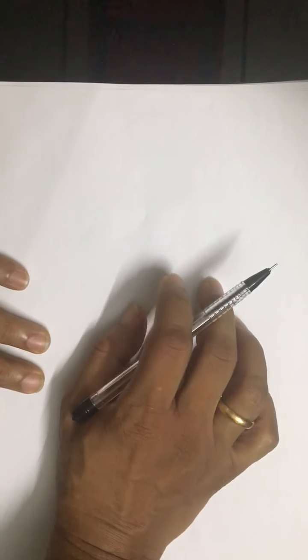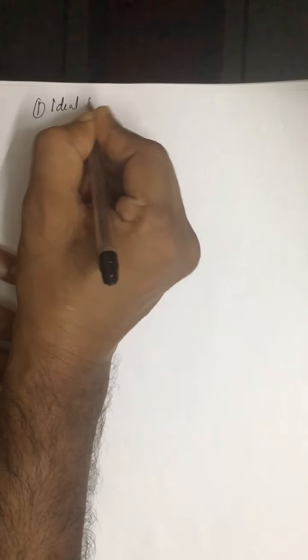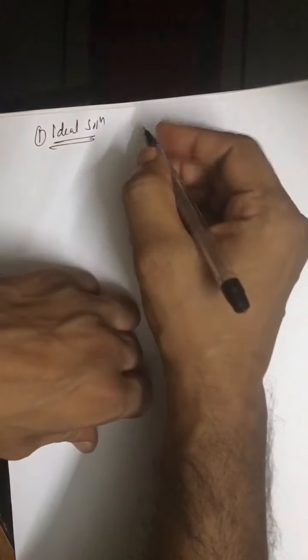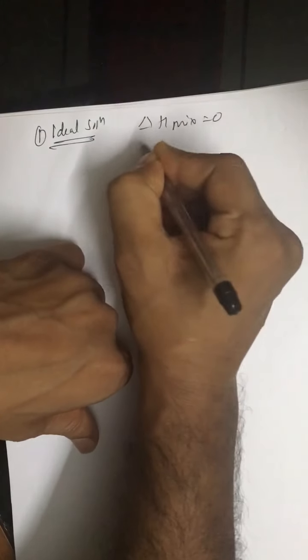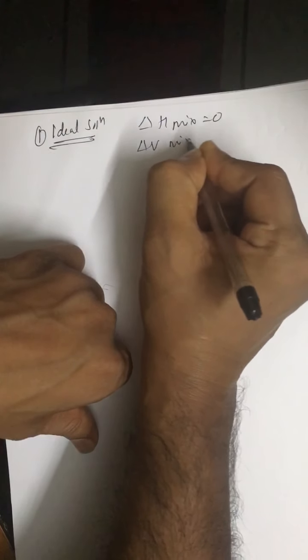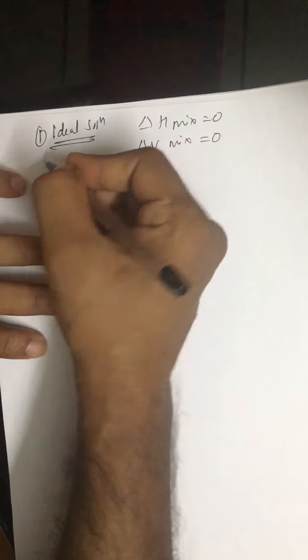Now comes ideal and non-ideal solutions and their properties, etc. For ideal solutions, these things are important. For ideal solutions, this delta H mixing is 0, delta V mixing is 0, and since it is ideal or even if it